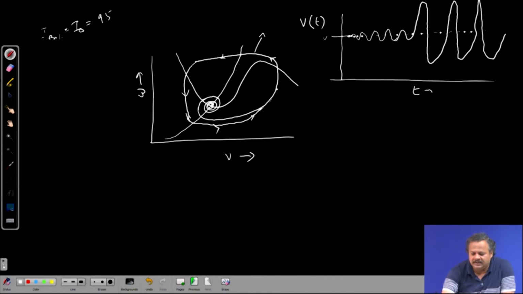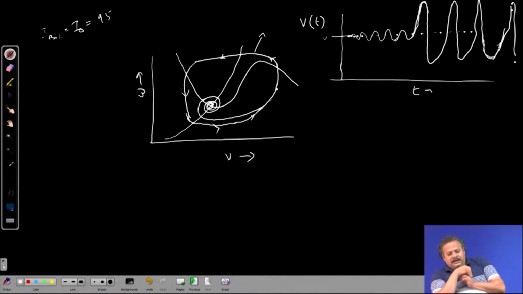Since it will repeat the same trajectory, it is oscillating. All these oscillating trajectories are going to be identical to each other, in the sense that they are repeating the same curve all along. So, this kind of behavior is what we call a limit cycle